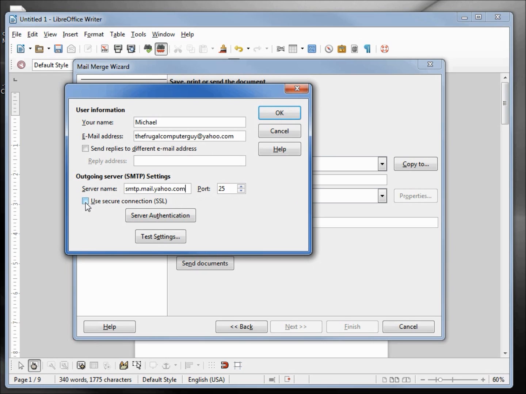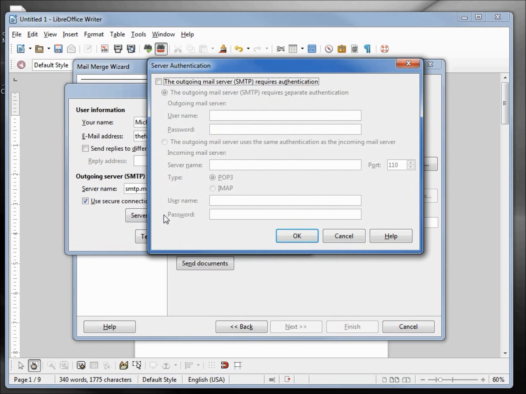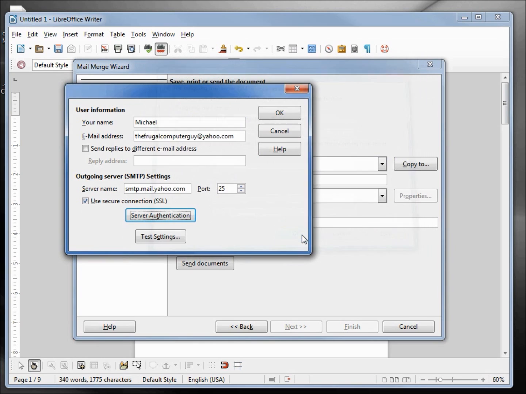I want to use the secure connection, SSL. I'll click on the server authentication. It wants me to put in my email address and password. I've got thefrugalcomputerguy@yahoo.com and a password. And I'll click OK.